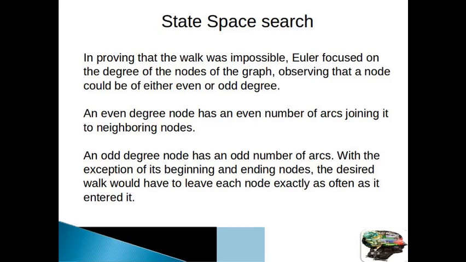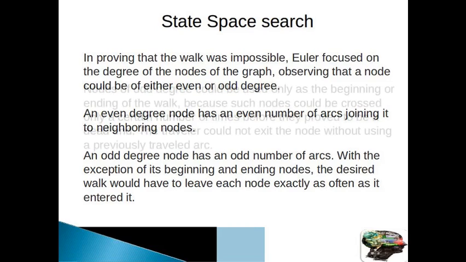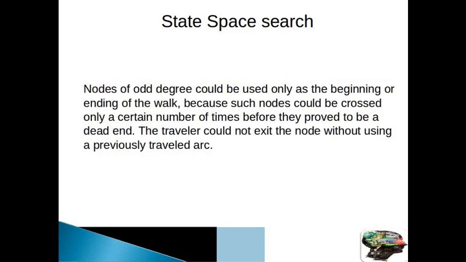An even degree node has an even number of arcs joining it to neighbor nodes. An odd degree node has an odd number of arcs. With the exception of its beginning and ending nodes, the desired walk would have to leave each node exactly as often as it is entered. Nodes of odd degree could be used only at the beginning, this is a very important point, or ending of the walk,